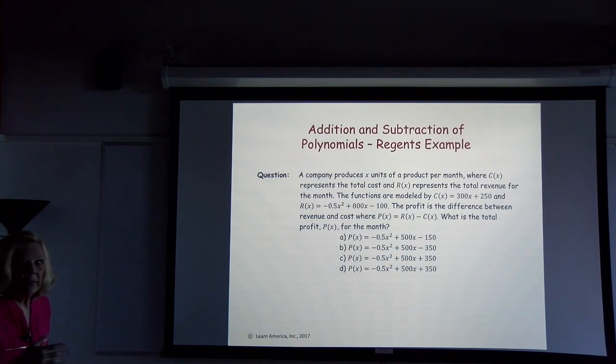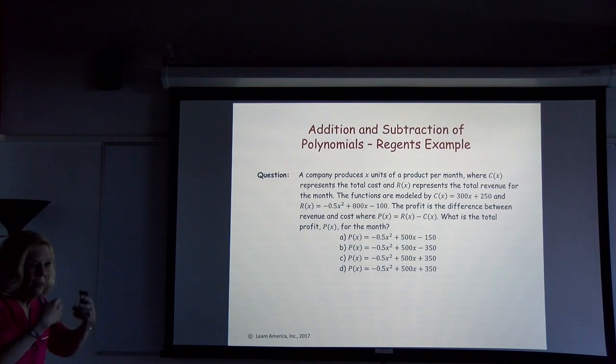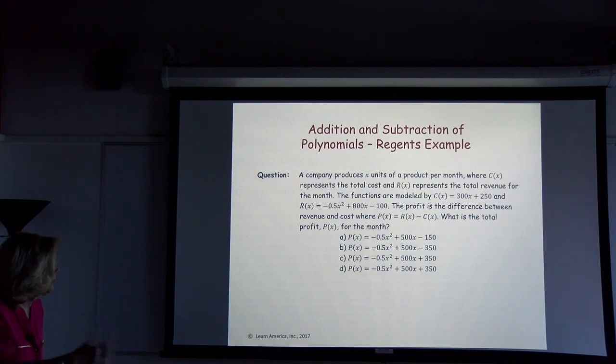All right, now they're not going to make it simply subtract this from this. They're going to put some more words and descriptions in. So you have a company that produces x units of a product each month. C represents the total cost for making them. R represents the total revenue for selling them. The functions are modeled by C of x equals 300x plus 250 and R of x equals negative 0.5x squared plus